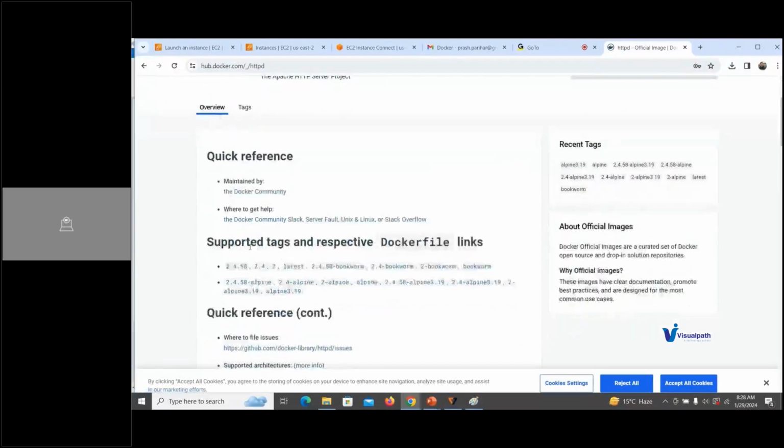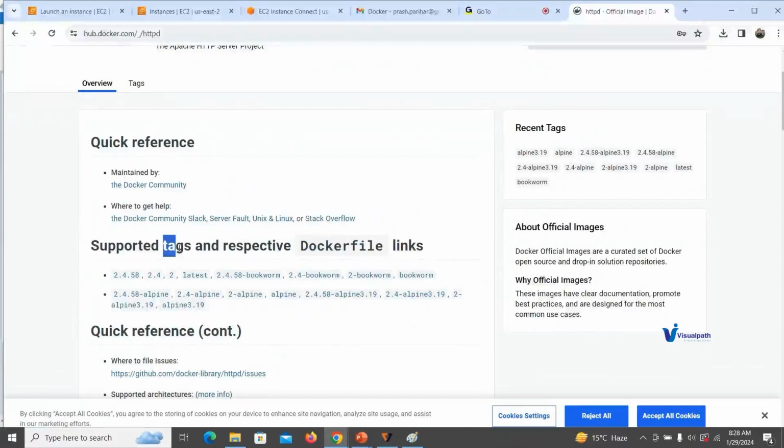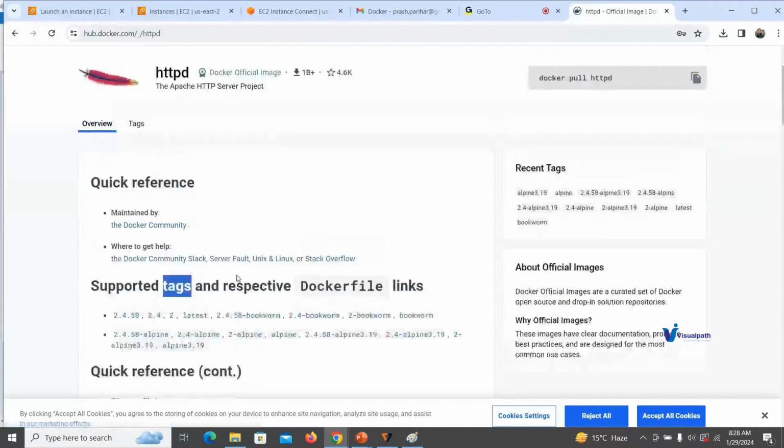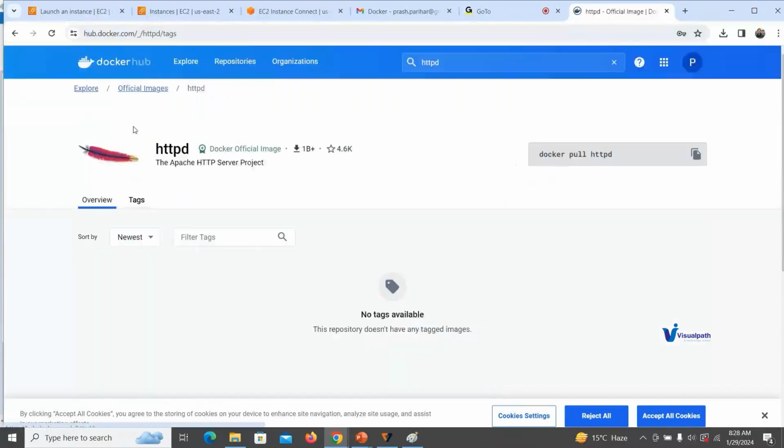Tags are nothing but versions. So these are the supported versions. 2.4.58, I believe, is the most recent version. All these versions and flavors are available here. In case you are looking for a previous version, there's one more option here called tags. The moment you click on tags, it will display all the versions,